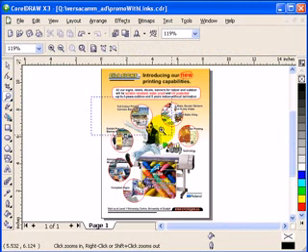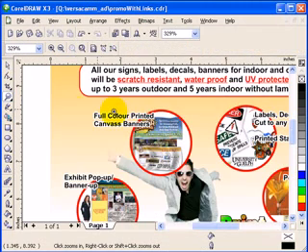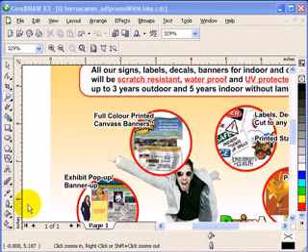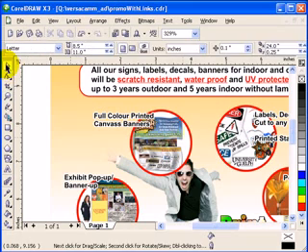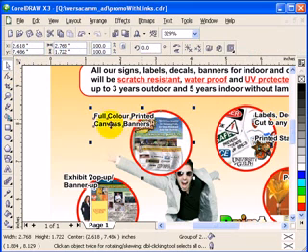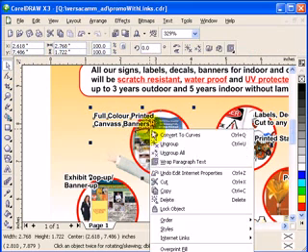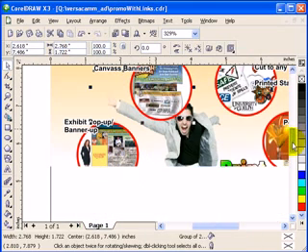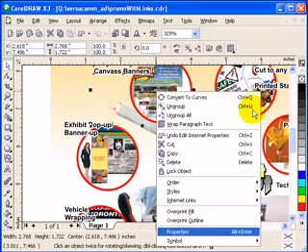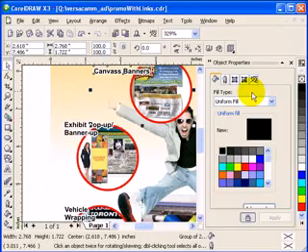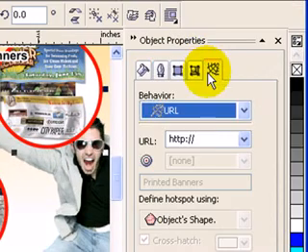Now, for example, here, I'm going to go to this full colored printed canvas. Okay, like I said, it doesn't need to be text. It can be images too. So for example, here, I have this image of the colored printer banners, including the text. What I'm going to do, right mouse click, go to properties. Okay, let's go back here. Okay, right mouse click, you have to select it and properties, and you go back to the link here for